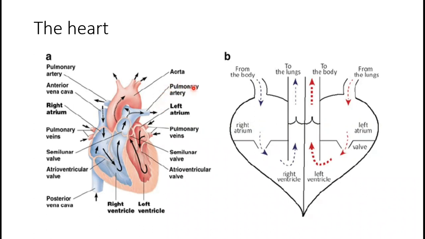Okay. Then that oxygenated blood comes to the heart through the pulmonary vein. Then from the left atrium to the left ventricle, and from the left ventricle through the aorta. This is the biggest artery of the body. This aorta then subdivides into various branches, and each and every branch reaches one or more organs for the supply of oxygenated blood.